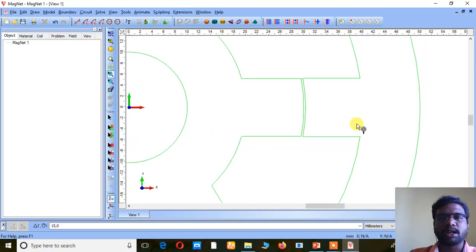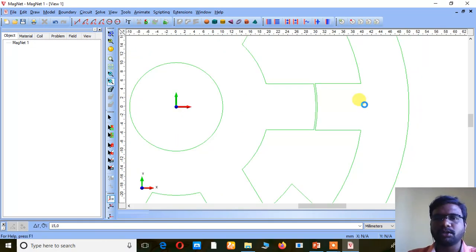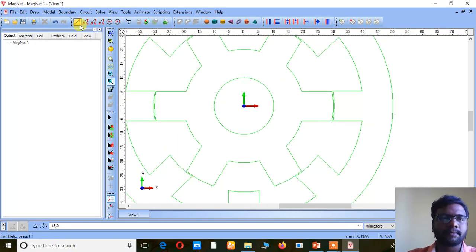Right? Now what I am going to do here is draw a coil. I am just going to draw a coil here.